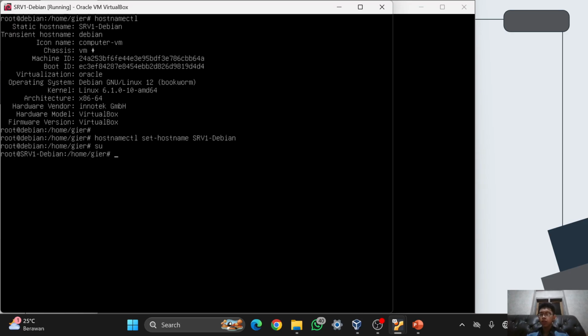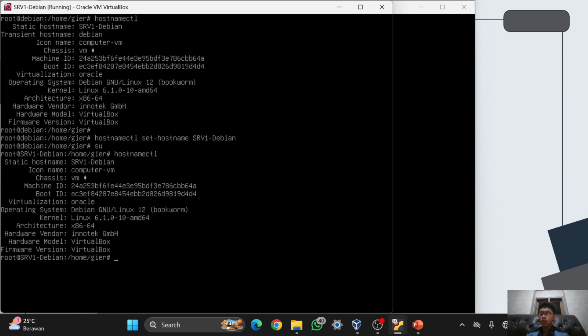We'll check again with hostnamectl, and as you can see, the static host name has been changed to srv1 Debian. But actually, using nano and /etc/hostname is still the same as using hostnamectl set-hostname and then the host name that you want to set. It's still the same, guys.